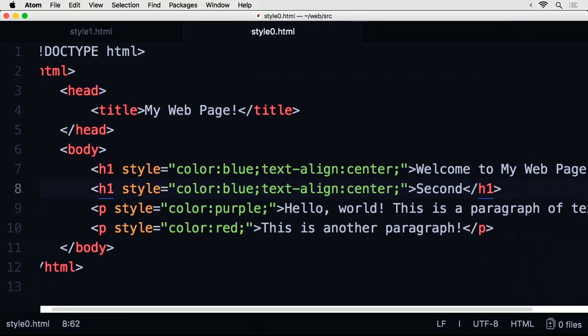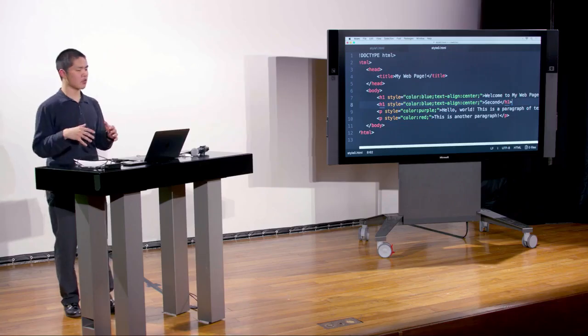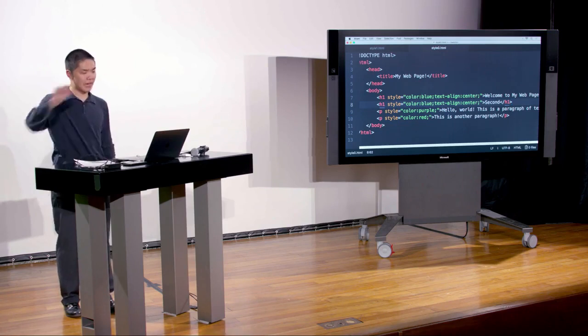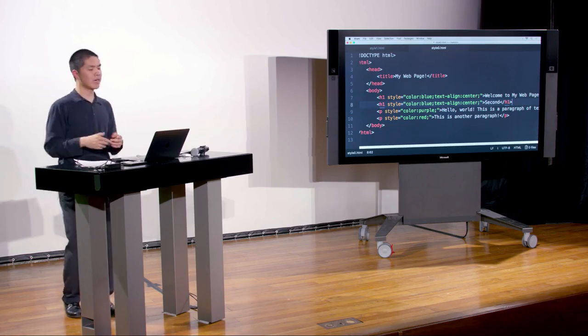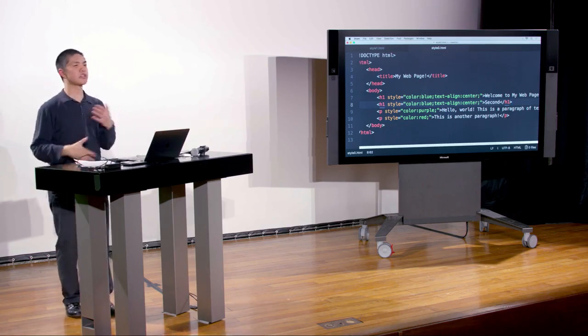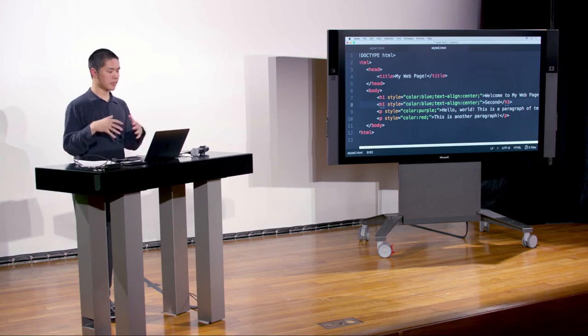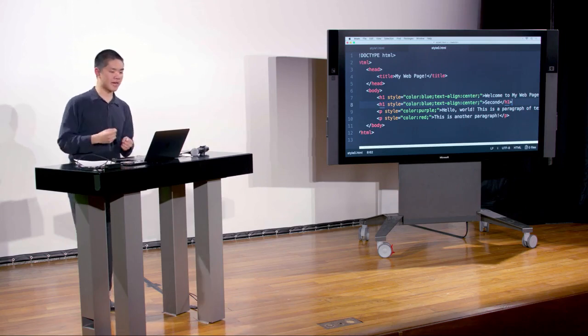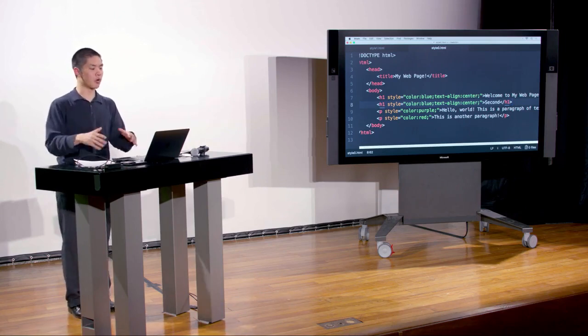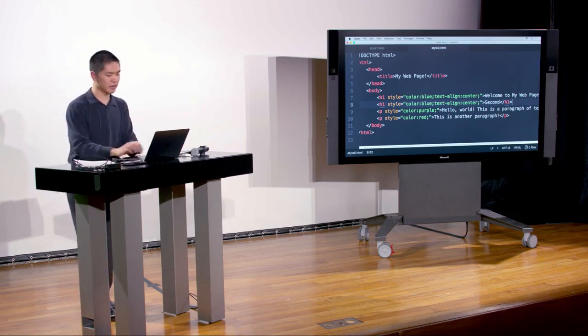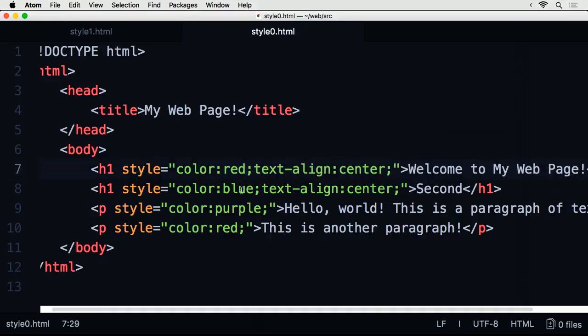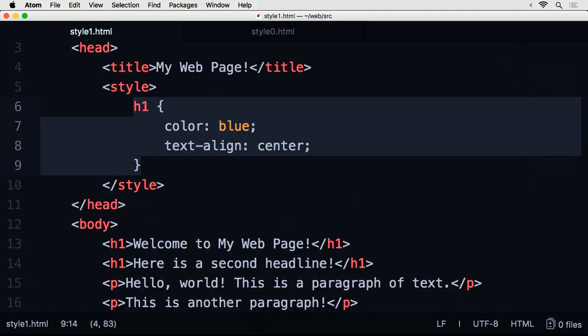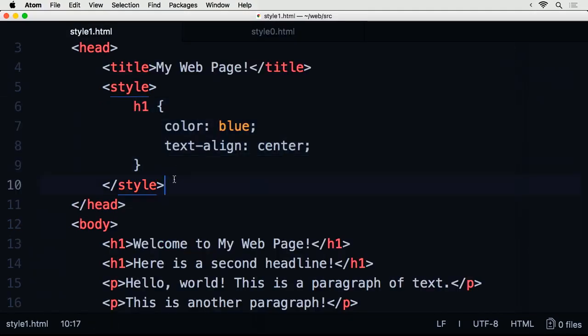And generally speaking, whenever you find yourself repeating the same code or even copy-pasting the same styling code in order to make it apply to something else, you should look for a better designed or a more elegant way of doing the same thing, because ultimately this repetitiveness gets difficult to maintain. If I want to change the headlines from blue to red, for instance, I now need to change the headline in 2 different places in my web page,